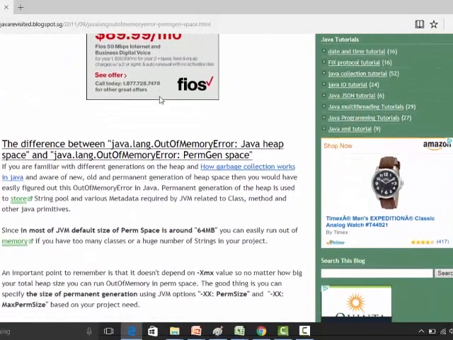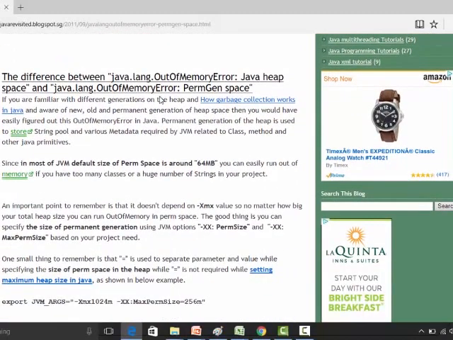What is the difference between the two? If you are familiar with the different generations of heap, how garbage collection works in Java, and aware of the new, old and perm generations in heap space, you would have easily figured it out. The permanent generation of heap is used to store the string pool and various metadata required by JVM related to classes, methods and other Java primitives.